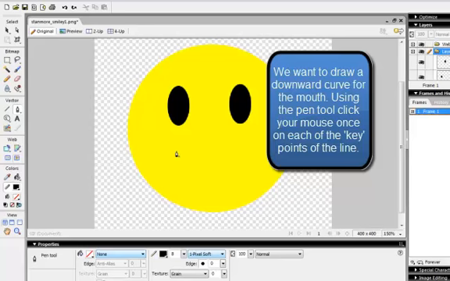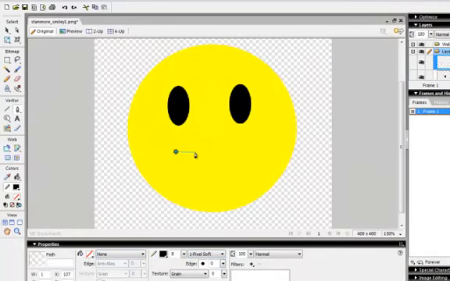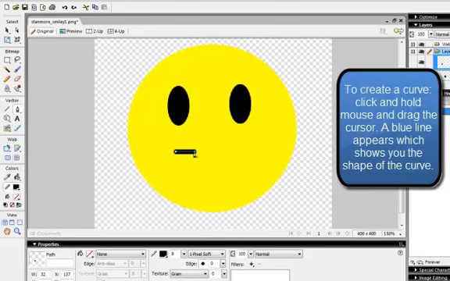look to the face. What you do is you click the mouse once to give key points in the line. Now if you click and hold your mouse down and then bend the mouse away, you have to practice with this, but if you can see that blue line, it's starting to curve. So I've got an upward curve on there, that would probably be about enough. I'm then going to click where I want the bottom of the mouth to be, and I'm going to try and curve that as well,